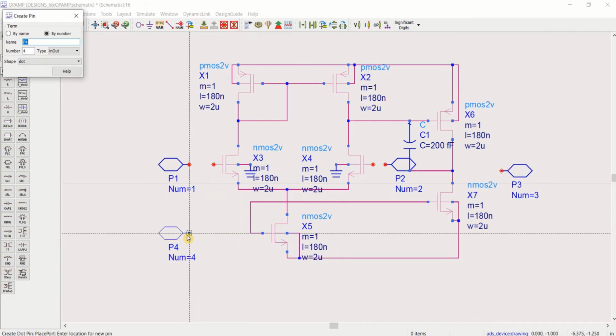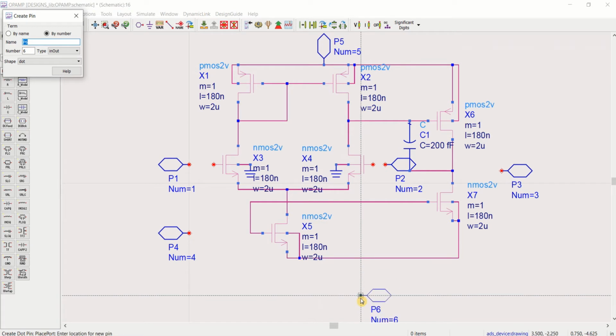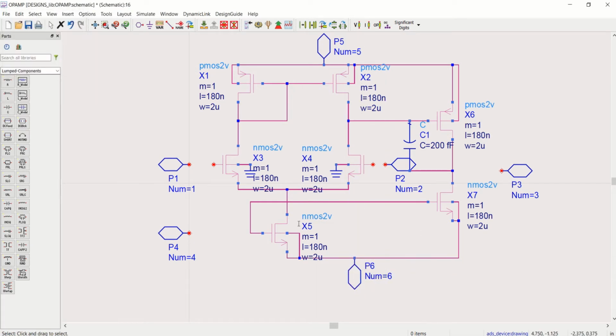The fixed bias potential, VDD at the top, and port 6 with the ground potential. So make the required connections. Connect port 1, port 2, the output port, the fixed bias potential. Save the design.